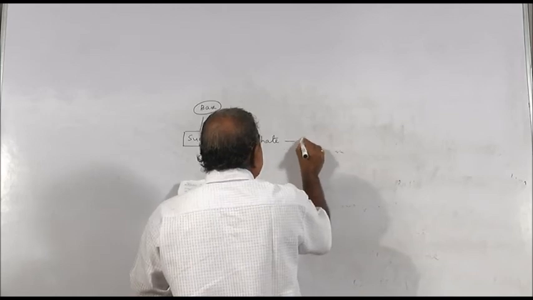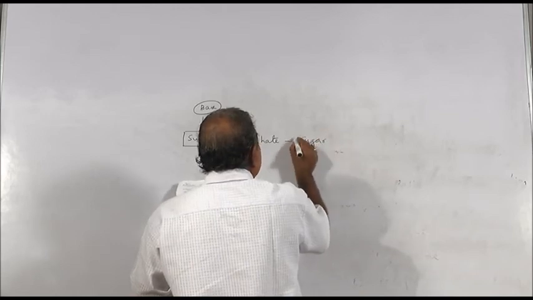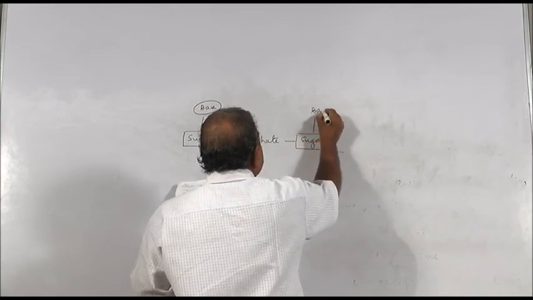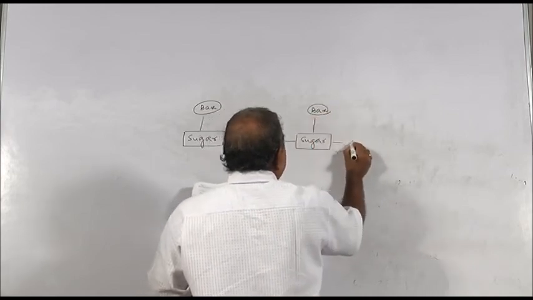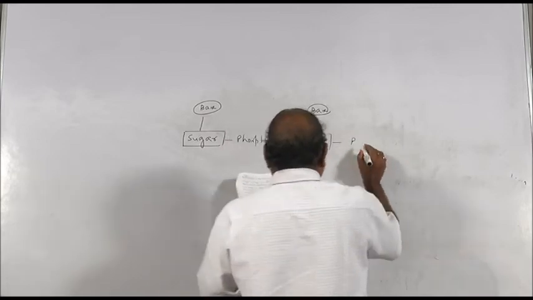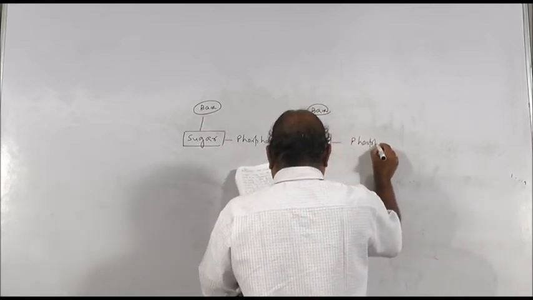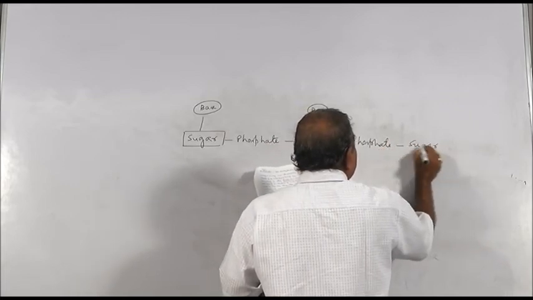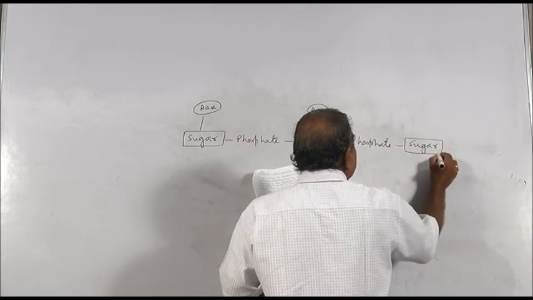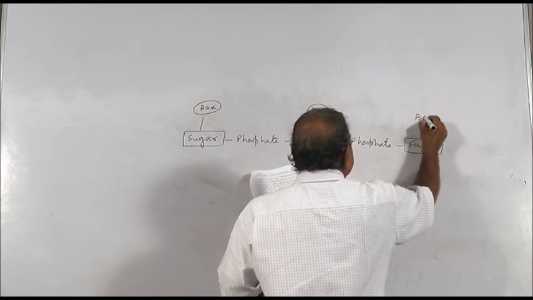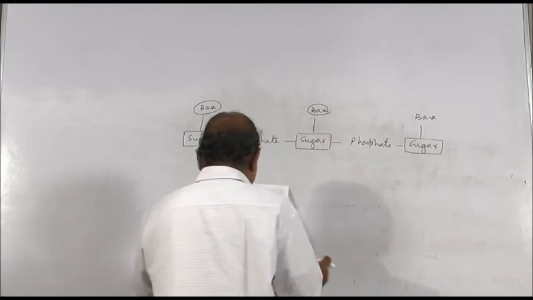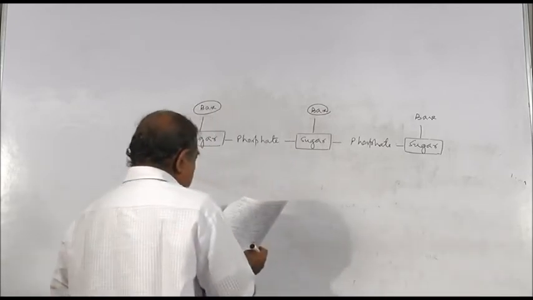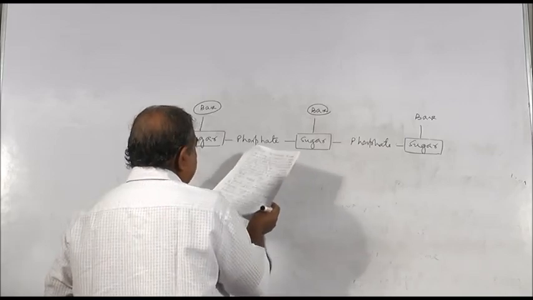Again it combines with the sugar unit, sugar combines with a base, again a phosphate, again sugar, where sugar is combined with a base. Thus the nucleic acid backbone consists of alternate sugar and phosphate residues,